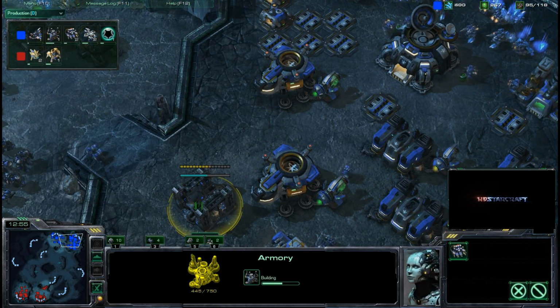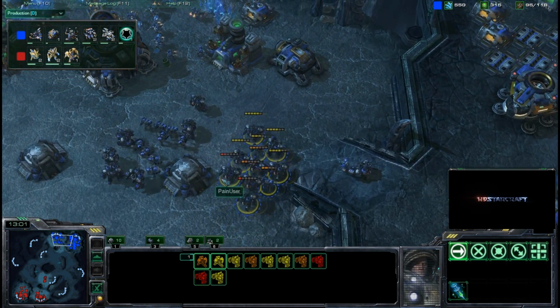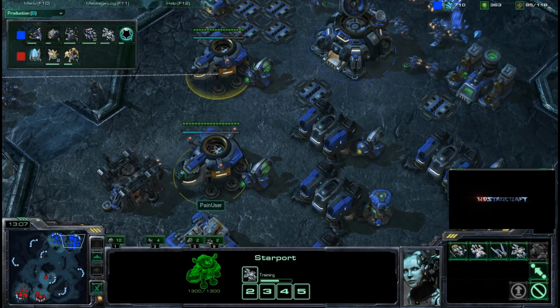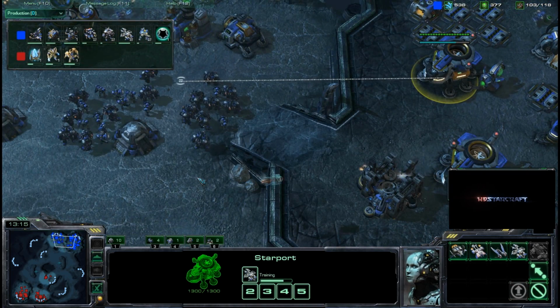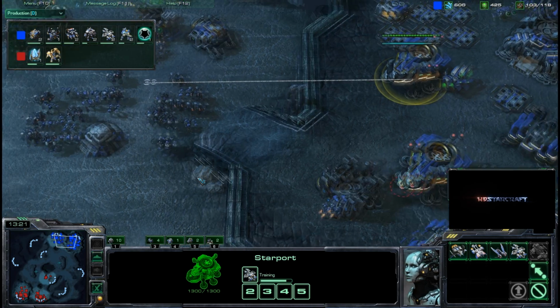Meanwhile, it looks like PainUser is throwing down an armory, and this is kind of the new build for Terrans versus Protoss. They will go for Thor Banshee and mix that into the late game. There you guys see 2 Banshees coming out of the Starport, and the reasoning for this is because Thor is so resilient against Protoss. It is so damn strong, and